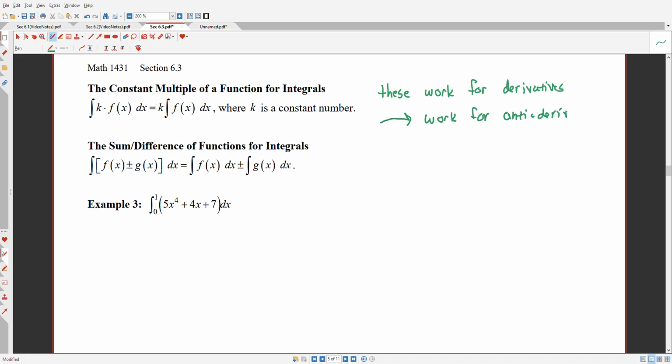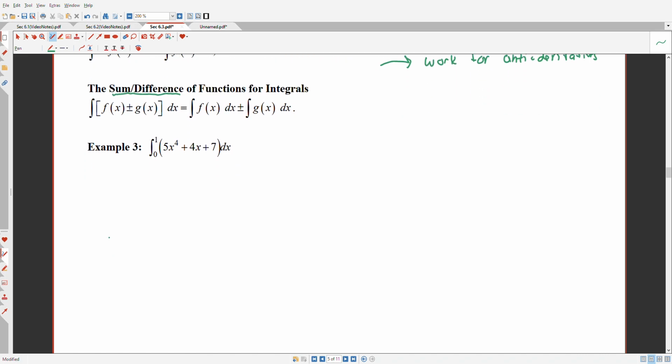right? If the derivative of a constant times a function is the constant times the derivative, then the antiderivative of a constant times a function is the constant times the antiderivative. Same thing for the sum and difference. The antiderivative of two functions being added or subtracted is the antiderivative of each function then being added or subtracted. So this is a rule you'll rarely say, but you'll use a lot, as example 3